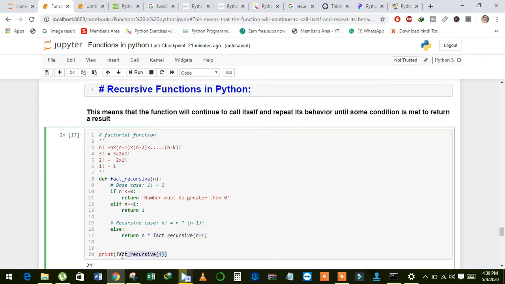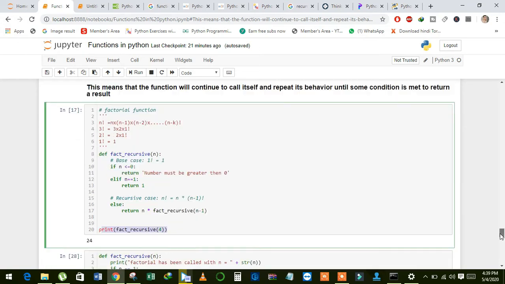Then I call the function fact_recursive, and I have given 4, so it will calculate the factorial of 4. And see here, the result of factorial of 4.